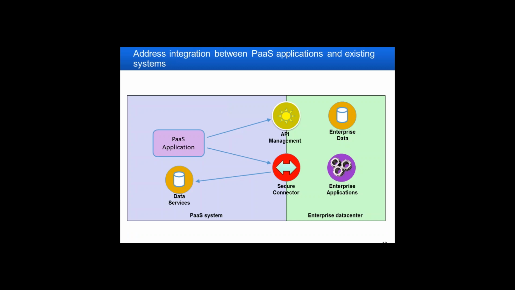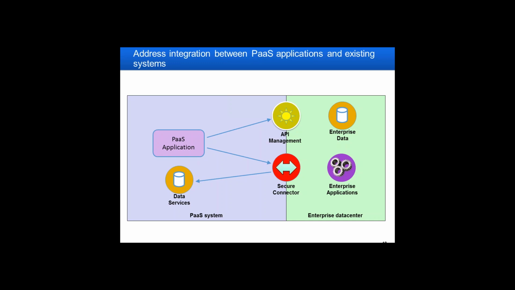Here we start looking at the questions of how you might go about integrating the application you're developing and running in the PaaS environment with existing applications, existing data, existing systems that are running in-house in your existing enterprise data center. It's commonly the case that you'll need to do some levels of integration. It's fairly rare to write a completely new standalone PaaS application. It happens sometimes, it's not common in my experience.